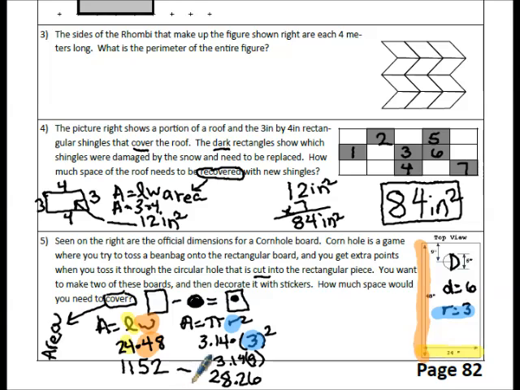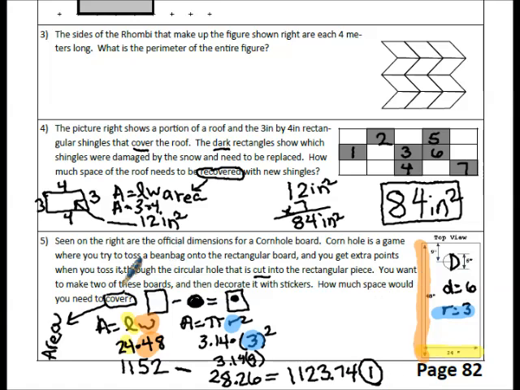So I have the area of a rectangle, and then I want to subtract the area of that circle, and that would give me the area of my cornhole board. And 1,152 minus 28.26 ends up being 1,123.74,